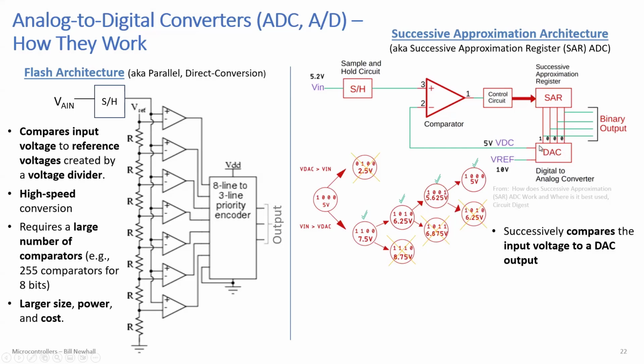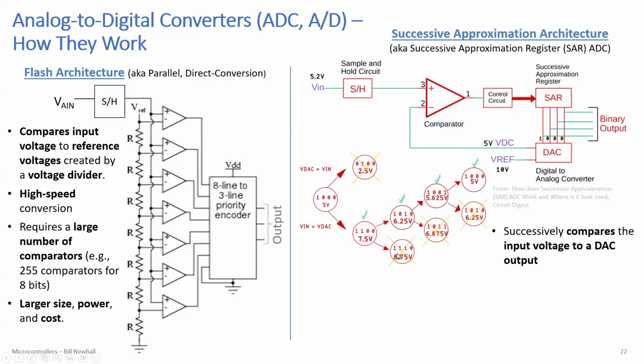So this DAC is going to create outputs between 0 volts and 10 volts. What you might try is, let's use the comparator to compare the input voltage. Let's say it's 5.2 volts. We're going to compare the input voltage against the DAC's output voltage, and depending upon whether the comparator says that voltage is higher or lower, we're going to change the DAC output voltage. So if Vin is greater than VDAC, let's change the DAC voltage to